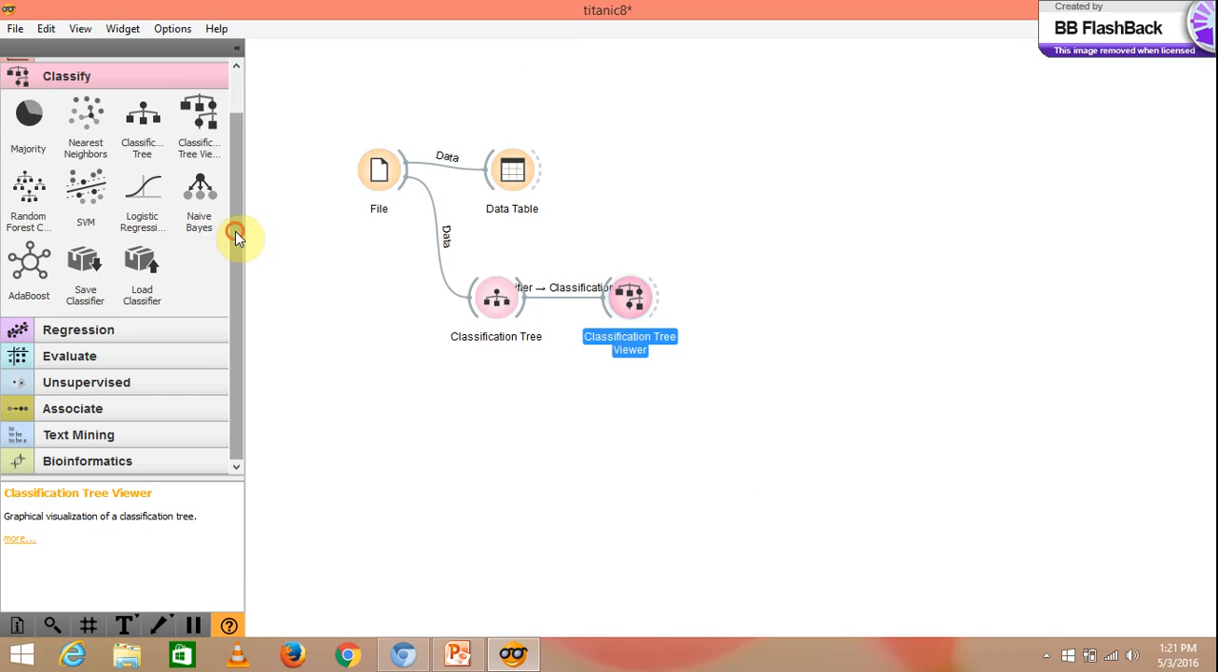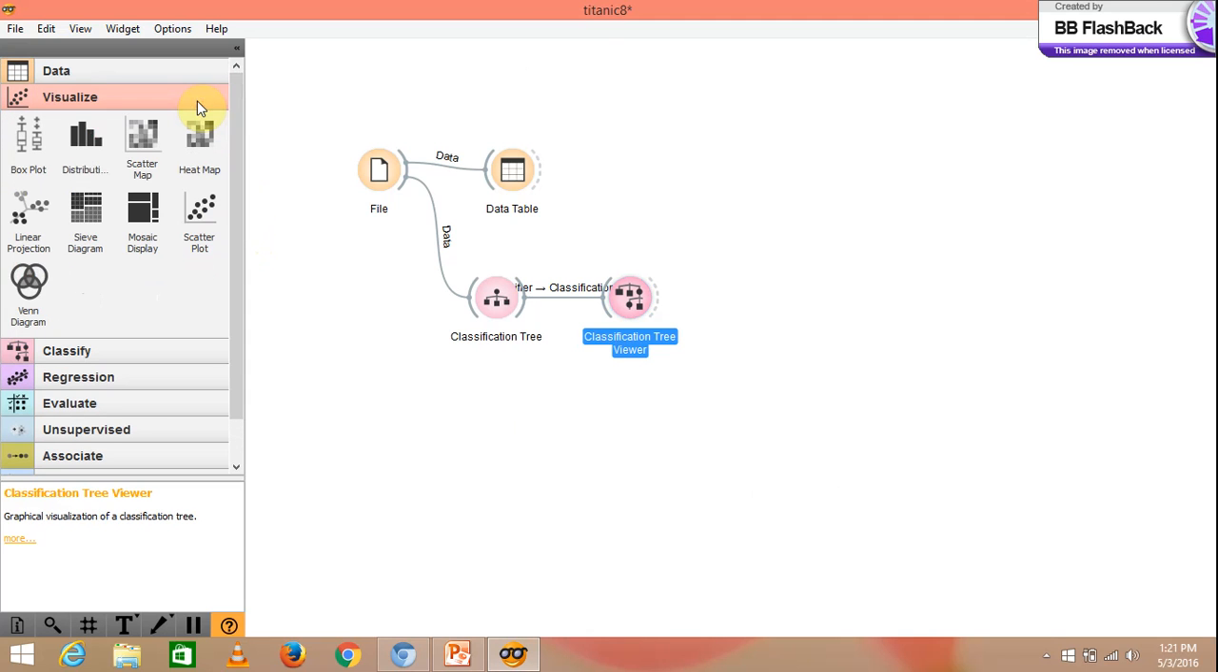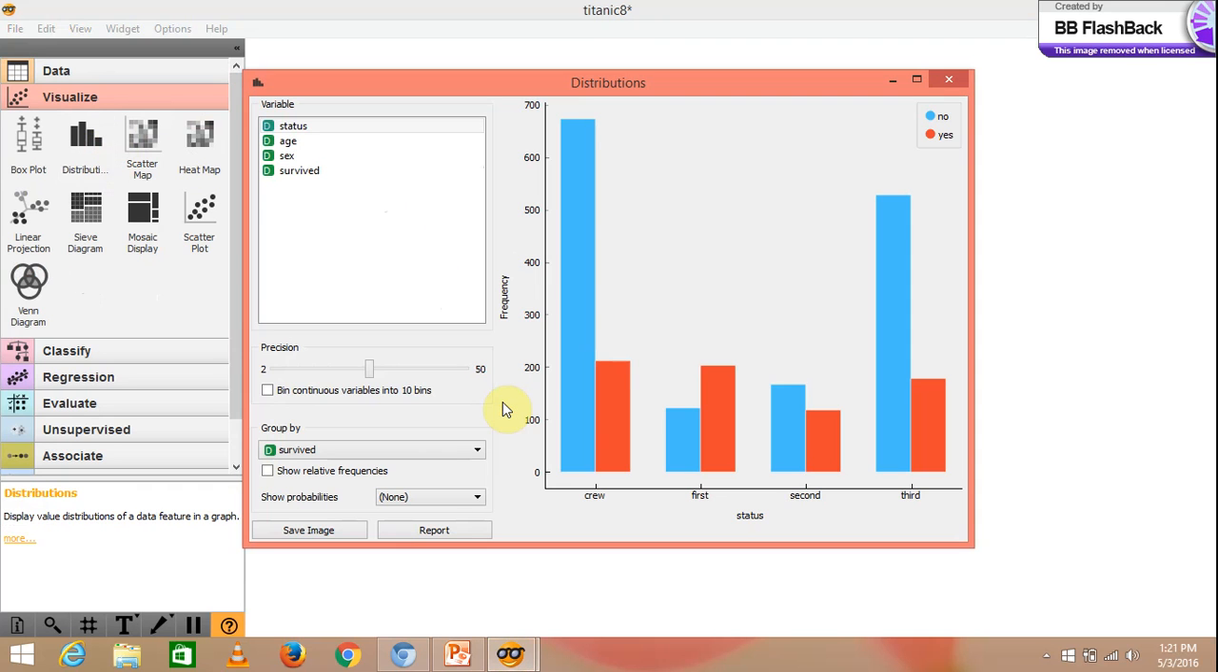Let's go to Visualize. Click on Distributions and connect the file widget to the distribution widget. Double click on distribution widget. This will give you the distributions among status and survived. Here the blue color indicates the people who did not survive and the red color indicates the people who survived in the disaster. From this graph we can conclude that